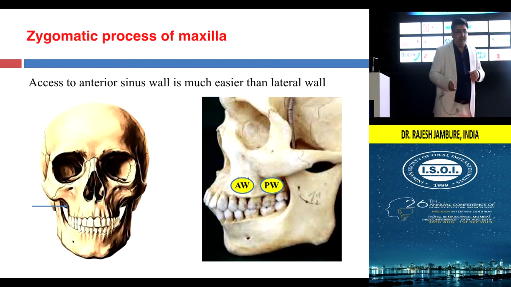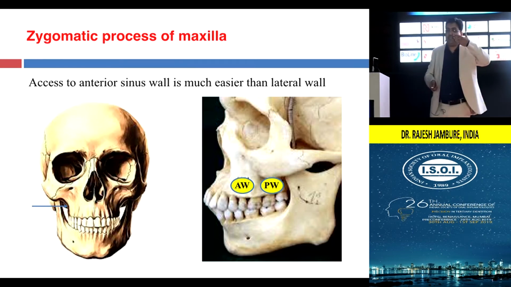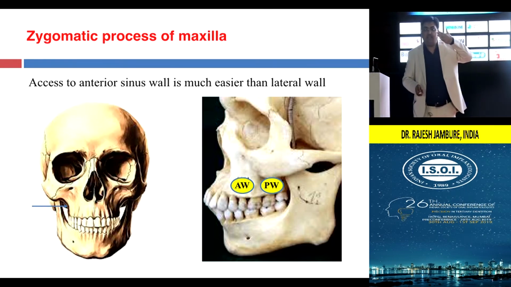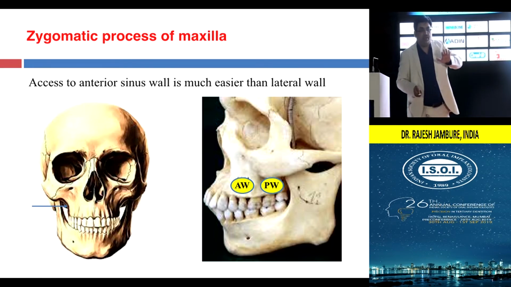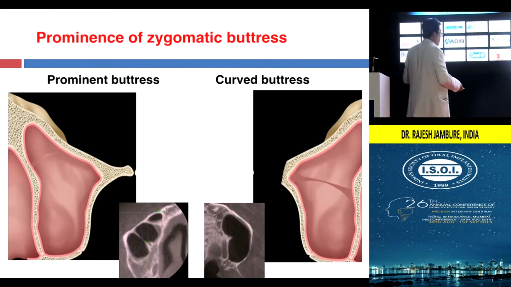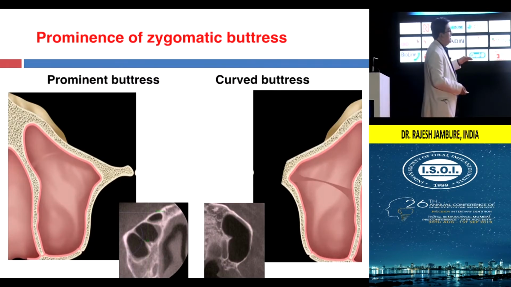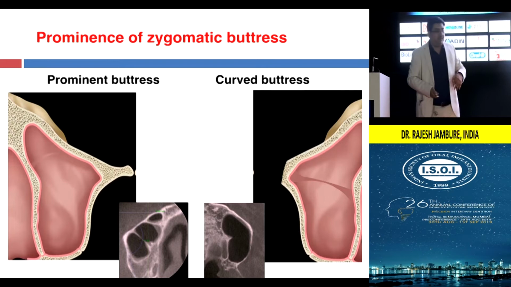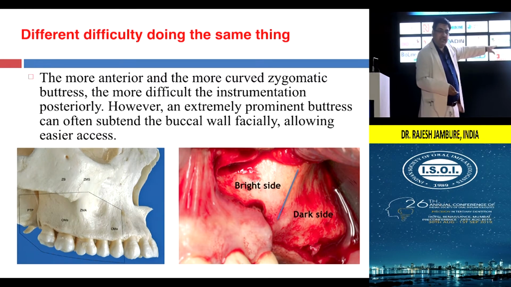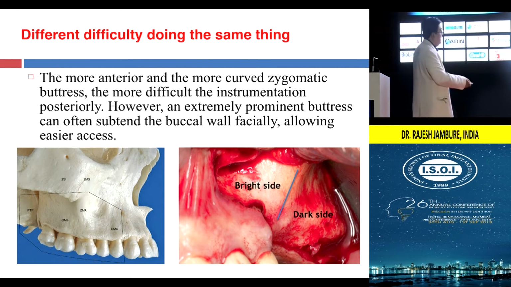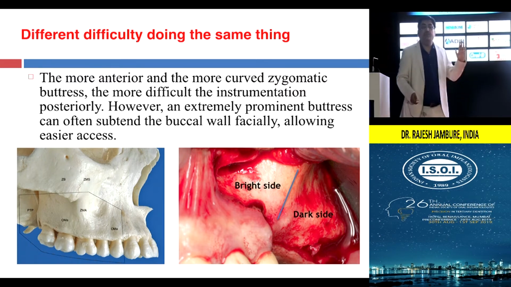As far as the zygomatic is concerned, we say that the lateral wall, that is the anterior wall of the maxilla, is particularly divided into the anterolateral and posterolateral wall. Now the zygomatic buttress is again very important here, and the vision part particularly, if you go and see, anterior to the zygomatic buttress area, the vision is very good in this region, which is the bright side, and then we have a darker side if you go posteriorly.